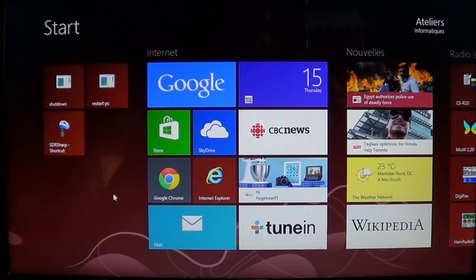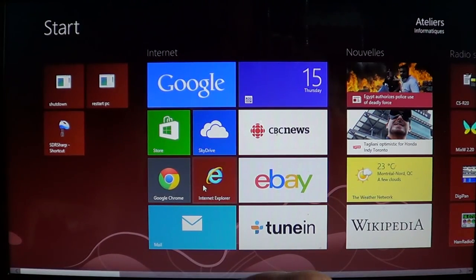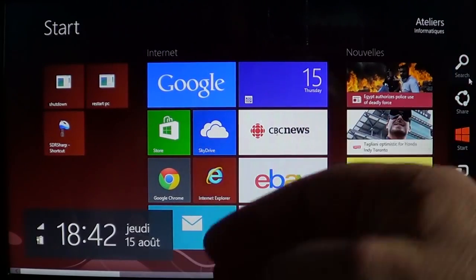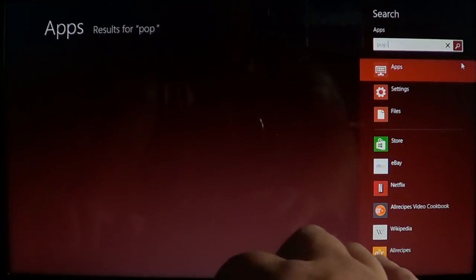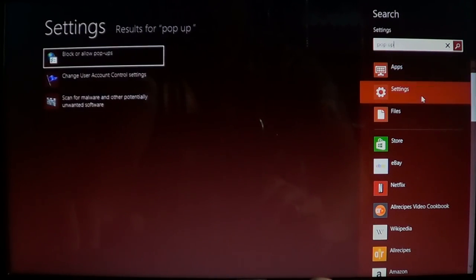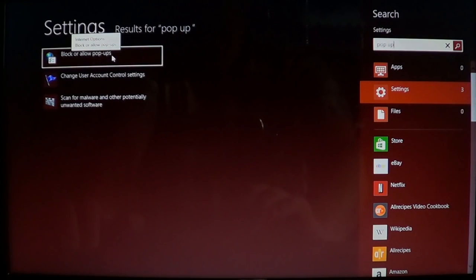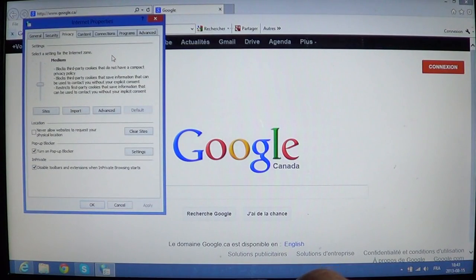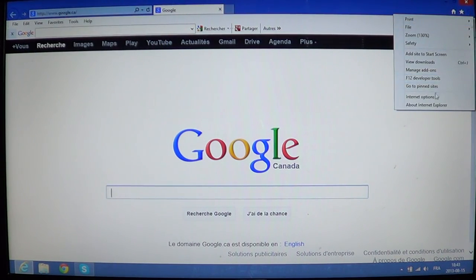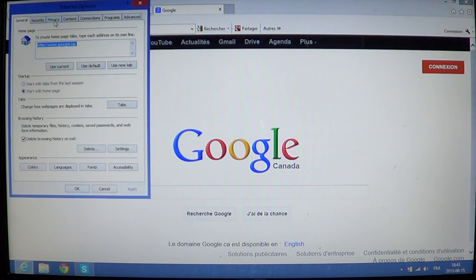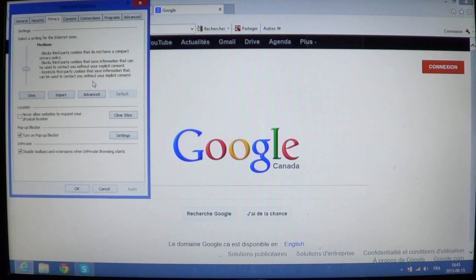Well, just click your Internet Explorer desktop version, or you can go into the charms bar on the right side of the screen, swipe, or go into the corners if you don't have a touch screen, and just type pop up and go into settings, and you'll see block or allow pop-ups. So either you go there and it's going to bring you to the desktop version of Internet Explorer, or you go into the pinwheel on the top right, go into Internet Options and click on Privacy, and here you'll have